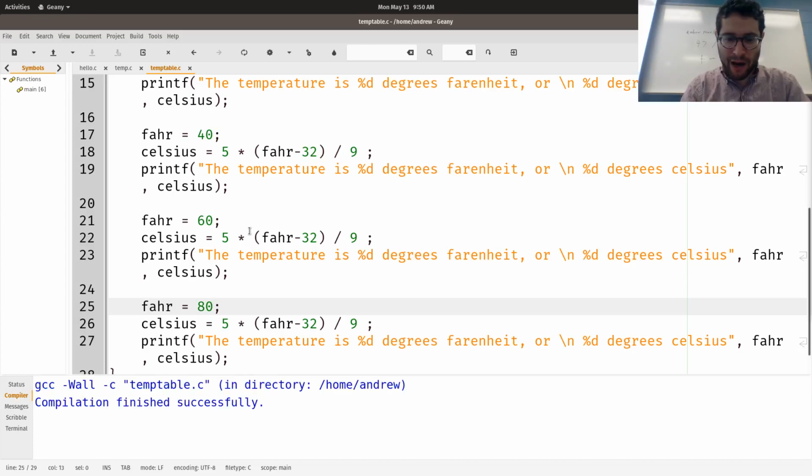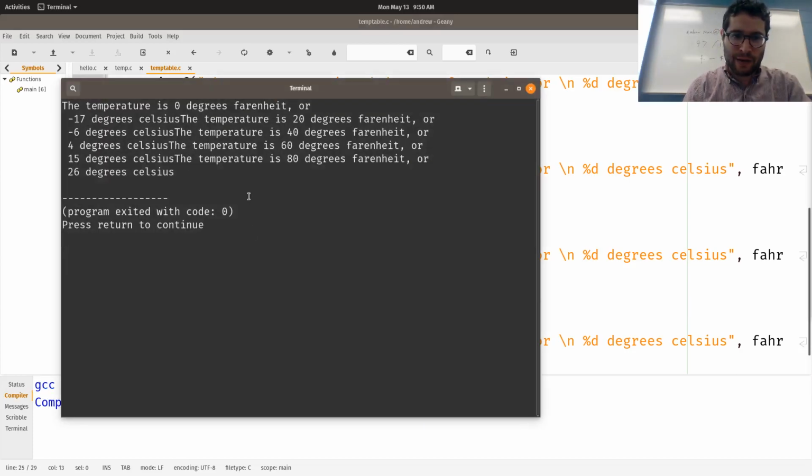If I were to compile this and run it, 0 is 17 degrees Celsius, 20 is 6 degrees Celsius, 40 is 4 degrees, 60 is 15, 80 is 26.